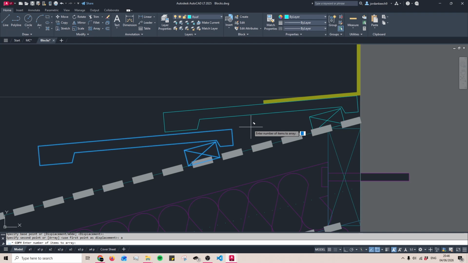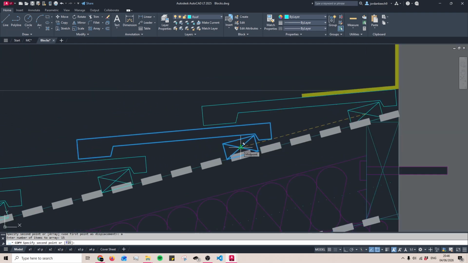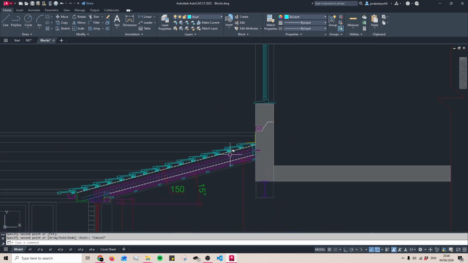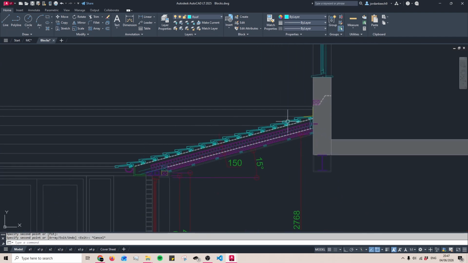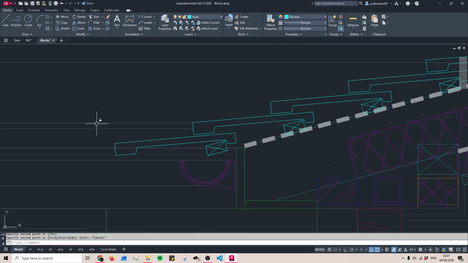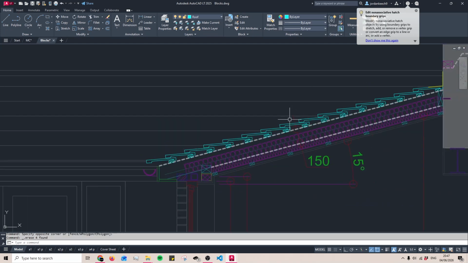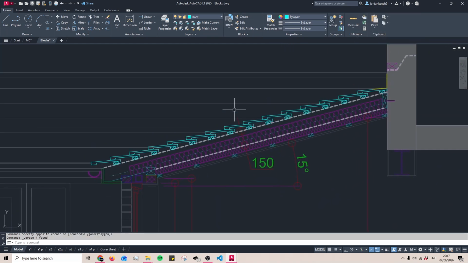And this is simply just asking me how many copies I want to make. So what I'm going to do is I'm going to grossly overestimate and say 15. I'm then going to select the distance between the original and the copy and just click. And just like that, you'll see now I have all of them in place with a single click. And you'll see I've got one hanging out over the edge. I'm just going to delete and trim off unnecessary tiles, and just like that I've created all my copies very